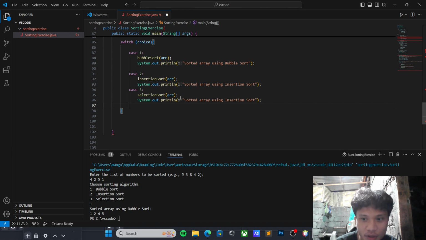If the user's choice is invalid, not 1, 2, or 3, an error message is displayed and the method returns without further processing. So we have to add a keyword break. Then, of course, the default, saying, let's just copy this, saying invalid choice.